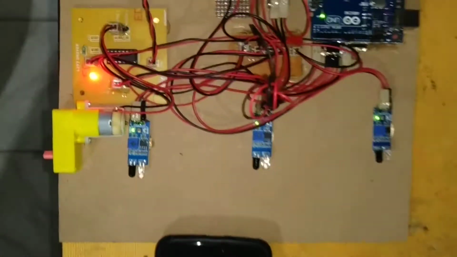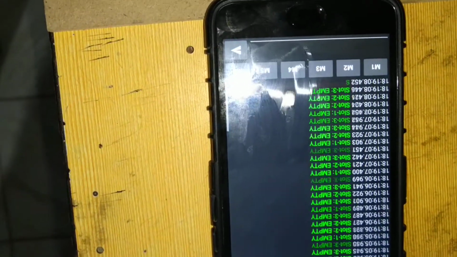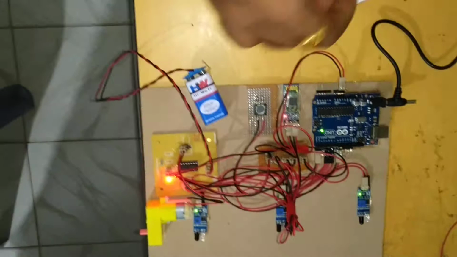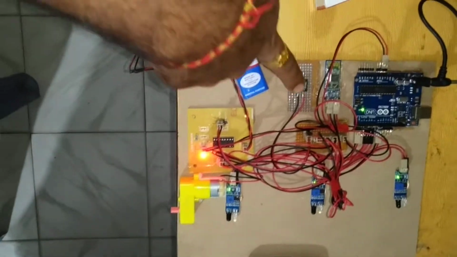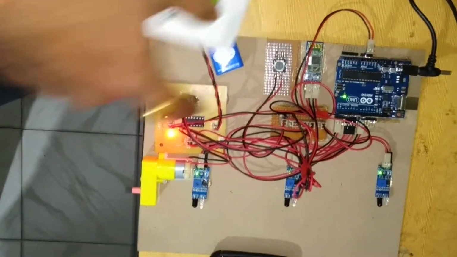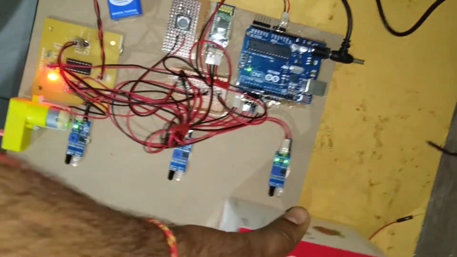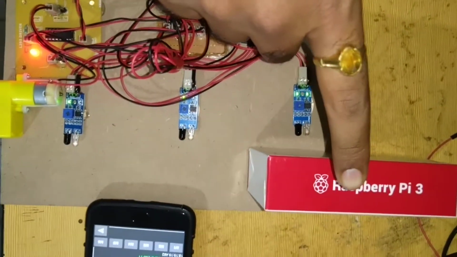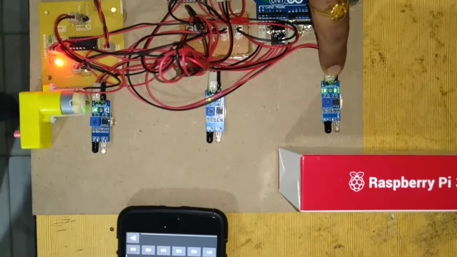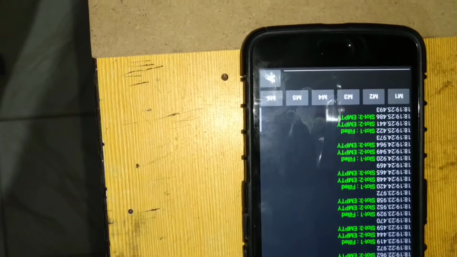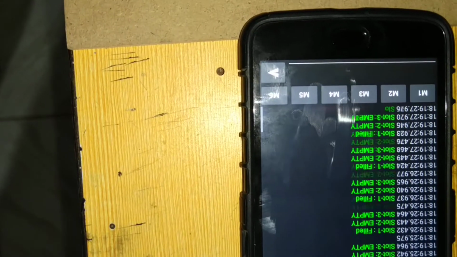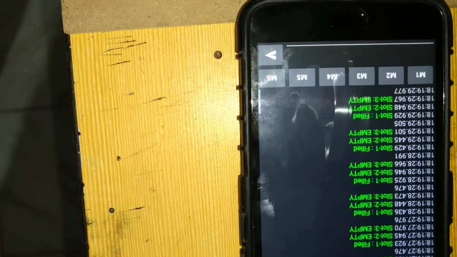So there are no cars in front of the sensors. That means the three slots are empty. When a car has entered, the user will open the gate and it will come to slot 1. That means one car was placed at a particular slot. So that information will be sent through the Bluetooth. Here you can see that slot 1 is filled and slot 2, slot 3 are empty.